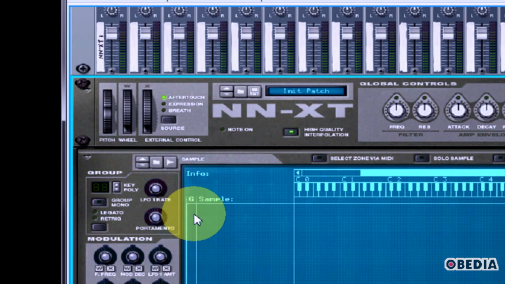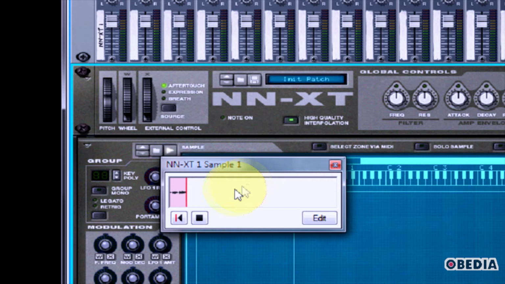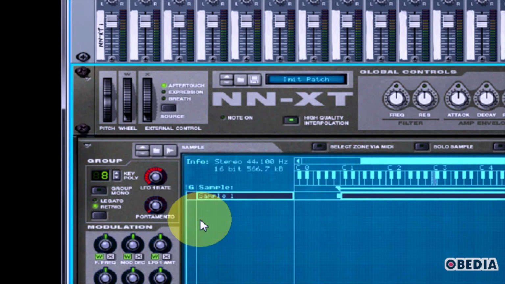In order to begin sampling, I need to click on the Waveform button, which is labeled Start Sampling in the NNXT's interface. When I click on this, the sample window will open up and it will show my recording progress as I record audio from my microphone or other device plugged into my audio input and output card. When I'm all done recording, I can press the Stop button, and the new sample will be available to me